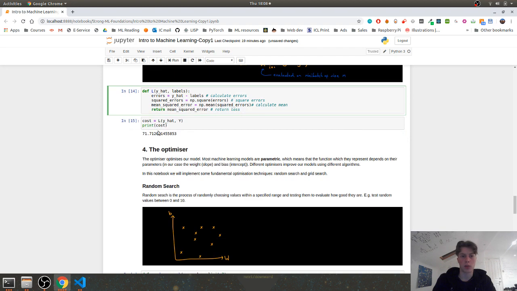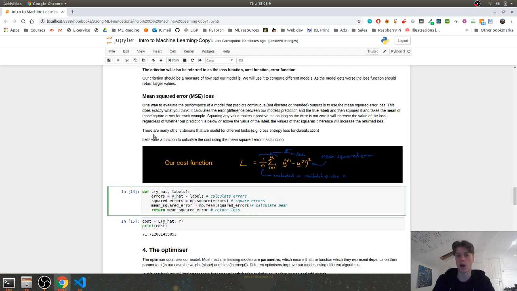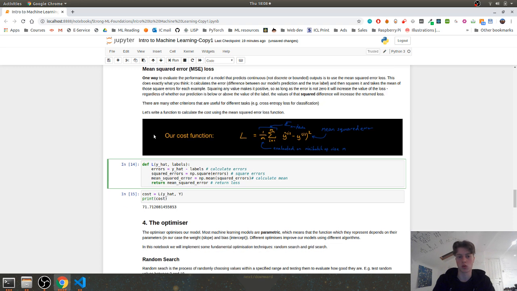So that's how bad it is. That single number, again, is meant to be a measure of how bad the model is currently doing. So what we want to do, I'm sure you can guess, is we want to try out different weights and biases, different slopes and intercepts of our straight line, and try and minimize this value. So we want to minimize the mean squared error for our model when it makes predictions on the data set,